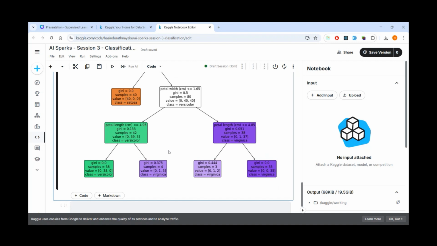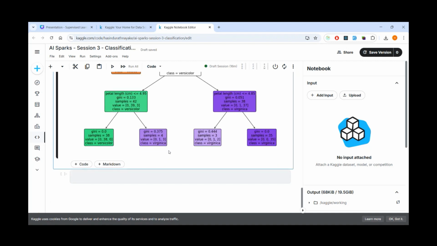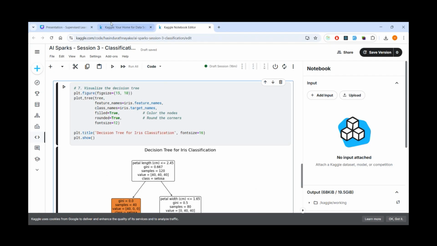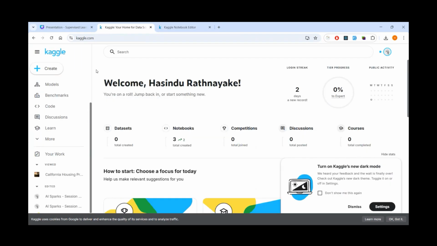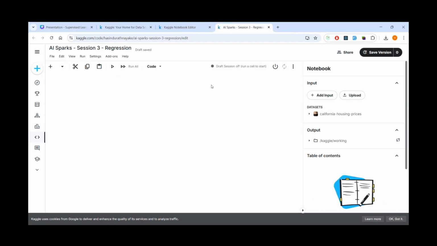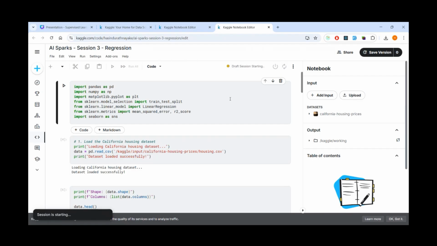So this is pretty much it on classification. If you guys have any questions, you can stop me at any point and ask, or at the end of the session. Let's go to the regression part. Okay, so